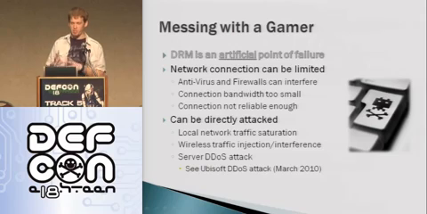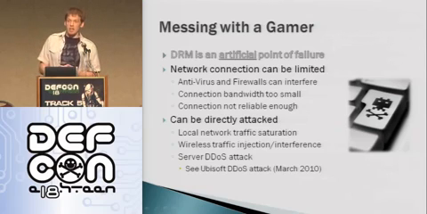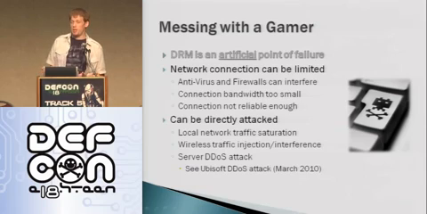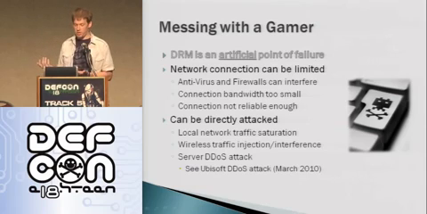But I want to make this precise. DRM is in essence an unofficial point of failure. So if you don't like somebody, for example, you have played with this kid and he just beats you multiple times and you think he's a freaking cheater because he beat you, nobody can beat you, now you're just going to screw with him. That's your point for the next week. You might not even have to screw with him too much, because we have this artificial point of failure where